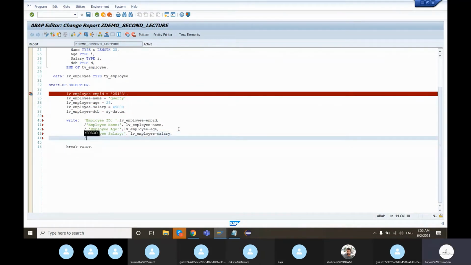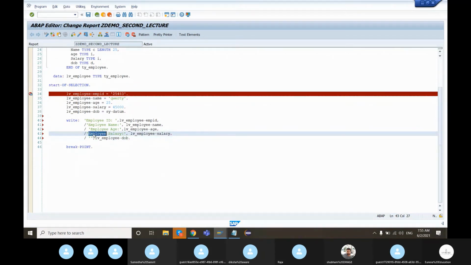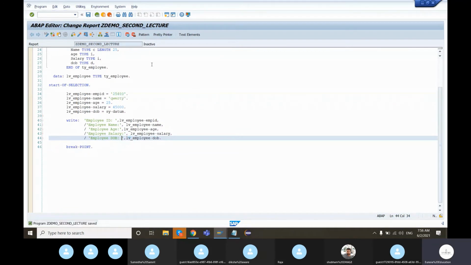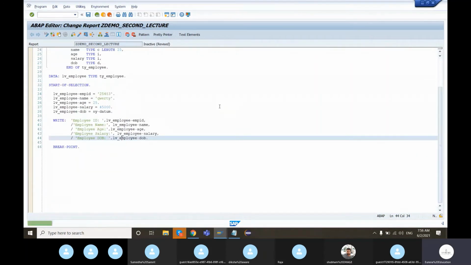And then finally DOB. So this should write out the variable values for us.